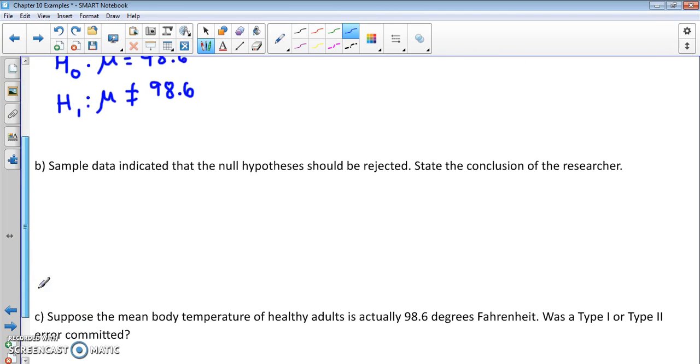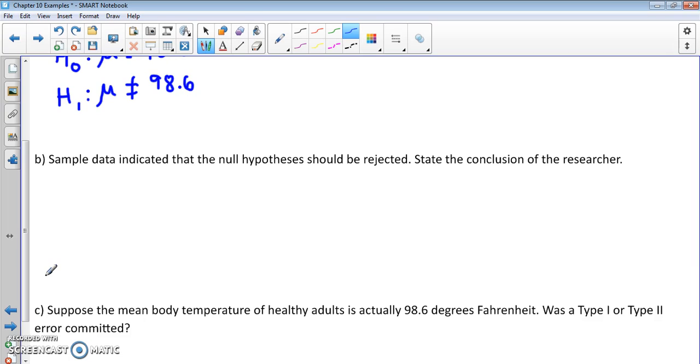So part B asked us to say at the conclusion of the researcher if sample data indicated that the null hypothesis should be rejected. Well, if we reject, that means that we have sufficient evidence to conclude the alternative. So we have sufficient evidence to conclude H1. Right? So in this case, that would mean that